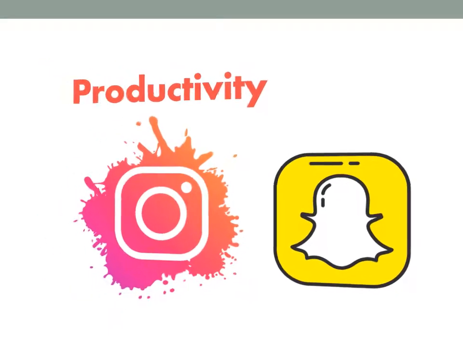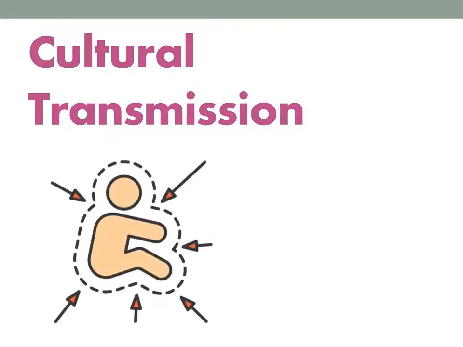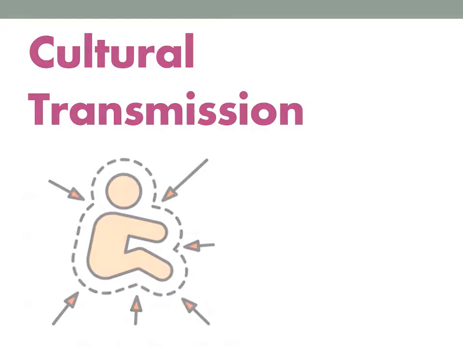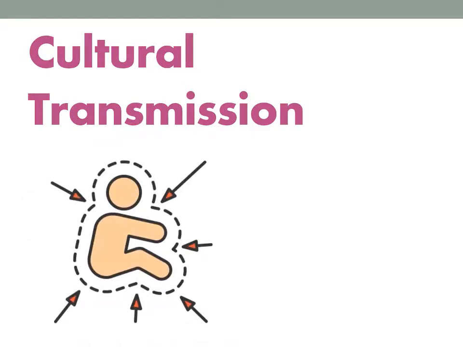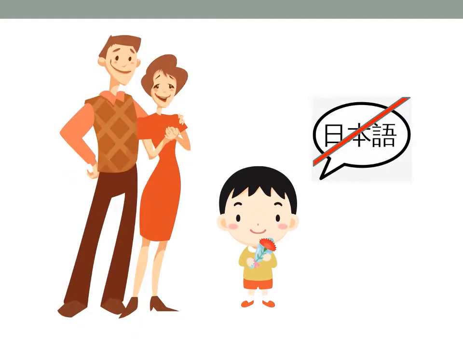Last property, but it's never the least, cultural transmission. It's the process of passing language from generation to the next, as language is learned and not innate. For example, if a Japanese child is adopted by English parents, the child will tend to acquire the English language and not the